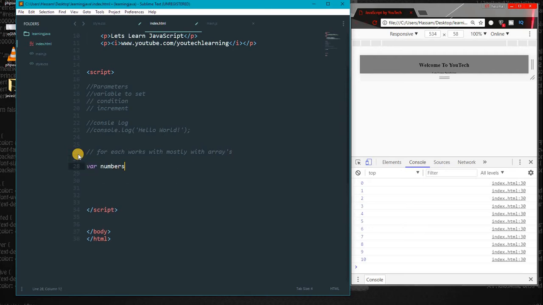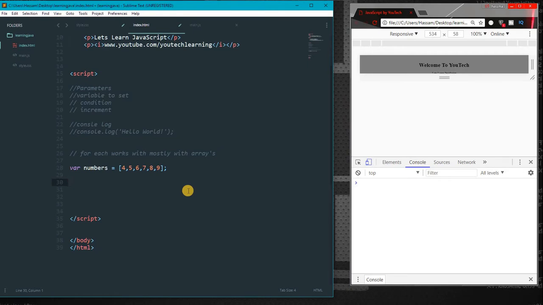Variable numbers is equal to 4, 5, 6, 7, 8, 9. So this is an array. Okay, and after defining an array, start with numbers dot forEach